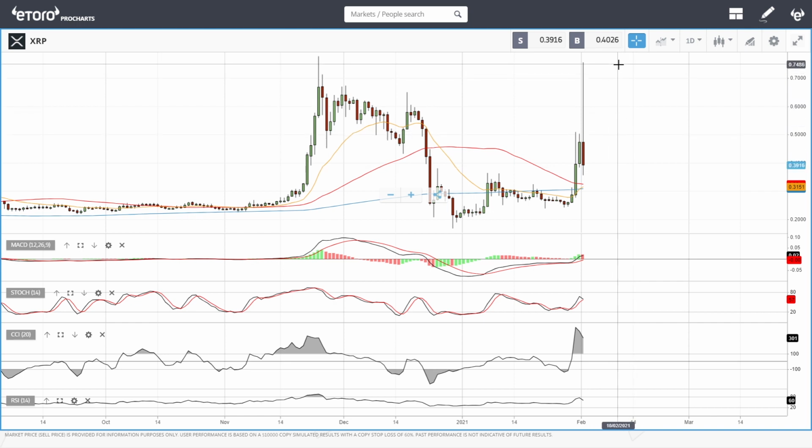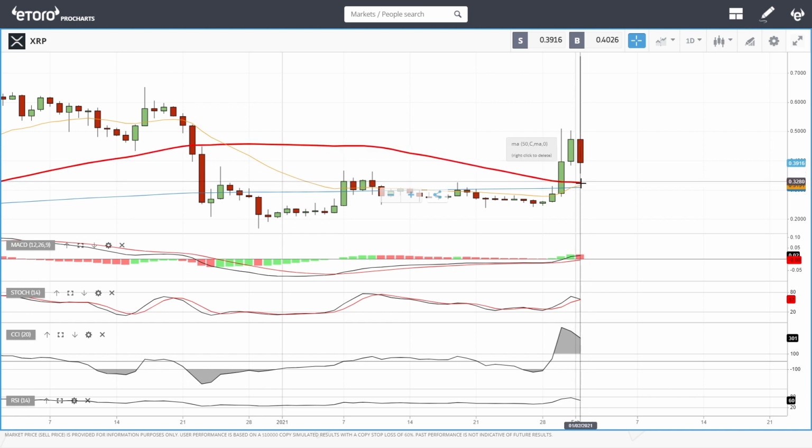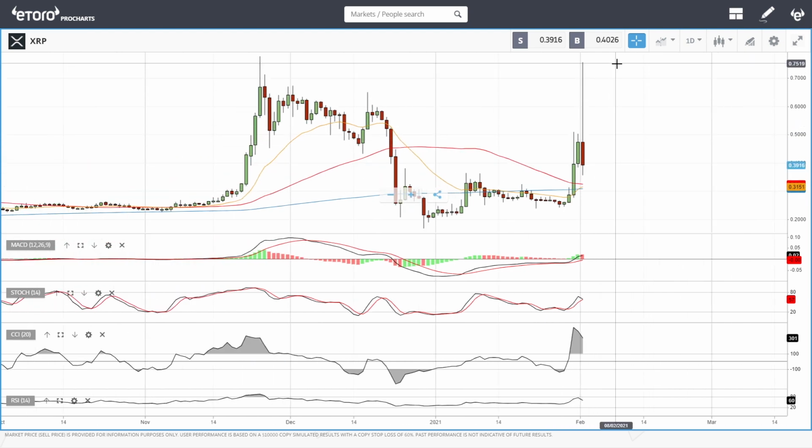This looked like a pump and dump, to be very honest, where people just pump it as far up as possible, and then somebody just pulls out the plug and everything just falls apart. So I said in my last video yesterday, I would not enter this market until we tested the 50 moving average and bounced off that. We almost got that today. I did not expect this move. It was up roughly 45%, nearly 50% at one point, and then it fell by 20-25%. So it was crazy, to be fairly honest.